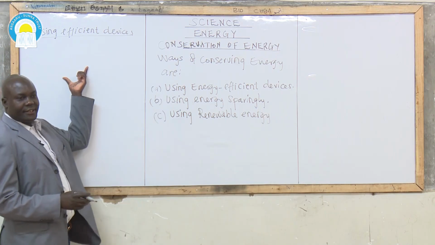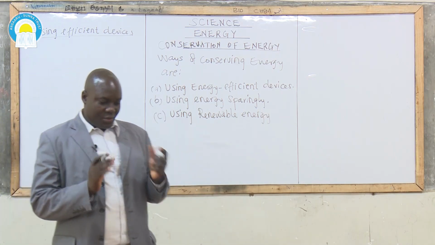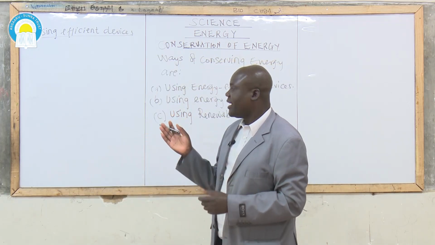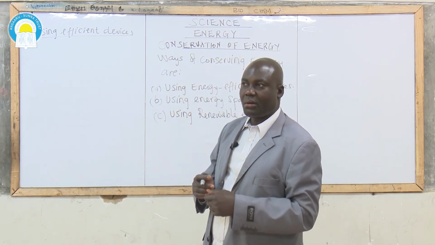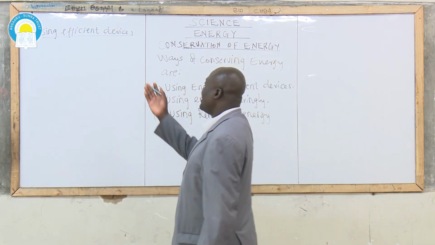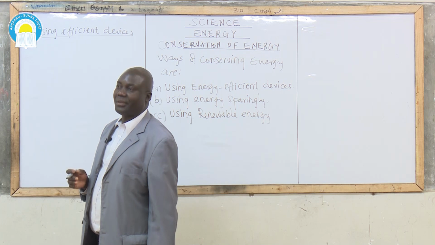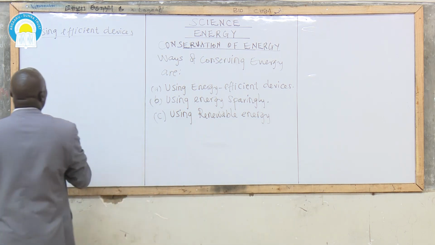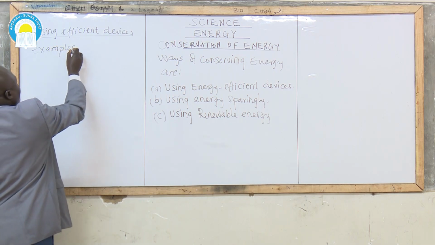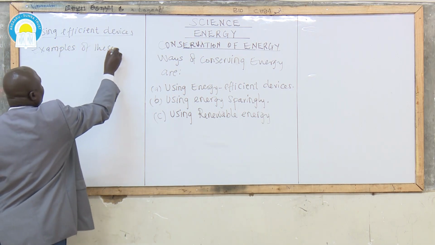These are equipment or items that, when you are using them, either in cooking or doing other work by using energy, save the energy instead of wasting. Examples of these devices